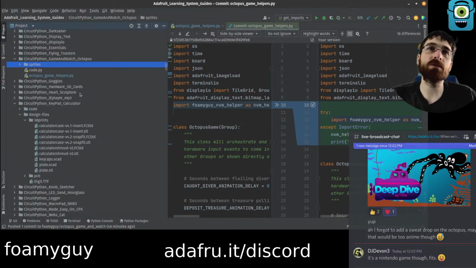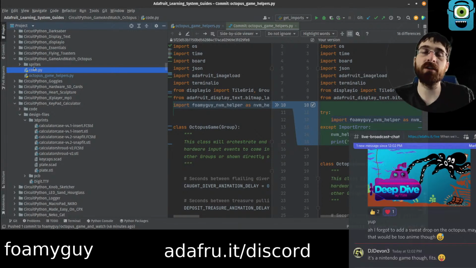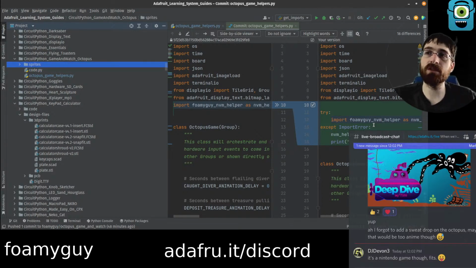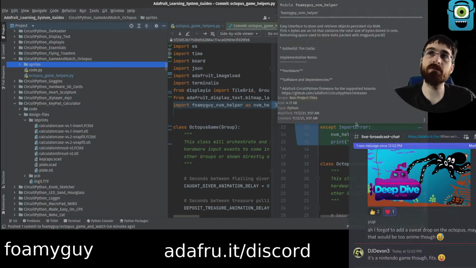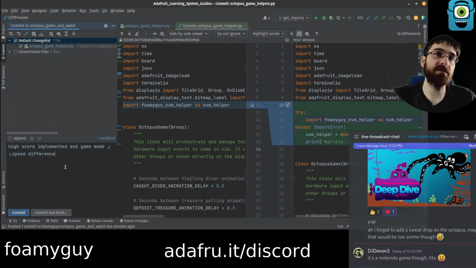I think what I'll do is probably we'll end up renaming this to like Octopus sprites, and then probably we'll have the code look inside of Octopus sprites. So that's one other custodial change that needs to be made. And I will do that before I make the PR to actually get it into the learning repo. But for now, you should be able to play it still if you just copy all the stuff out of sprites,